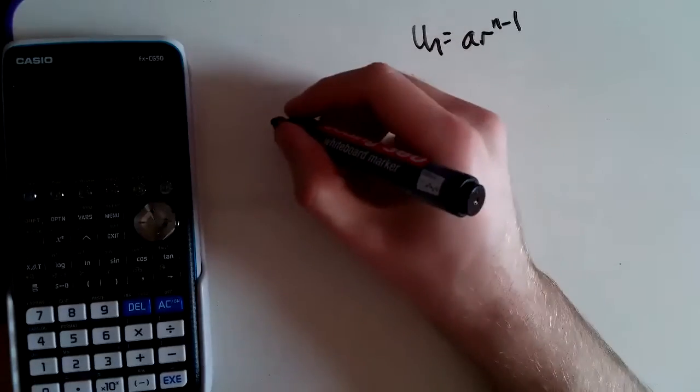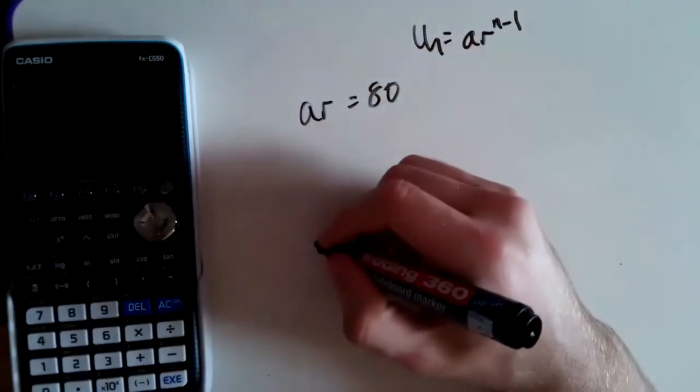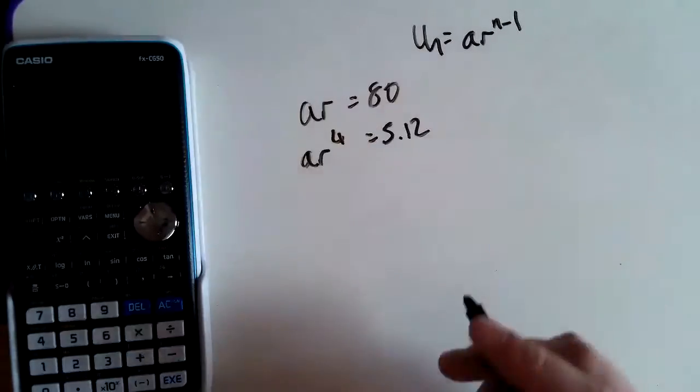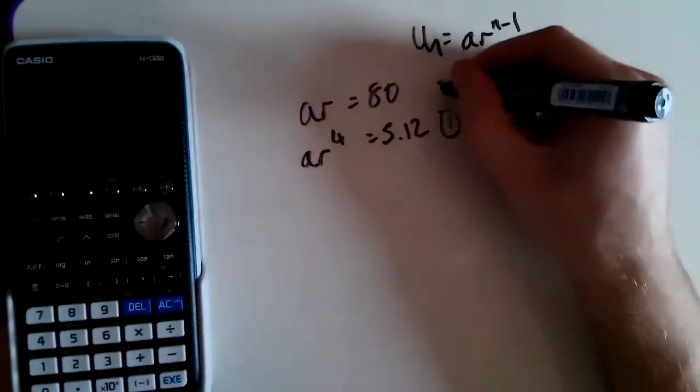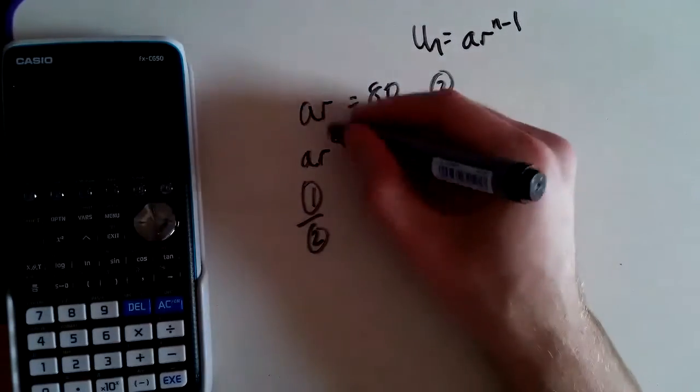Fourth one, geometric sequence, so we need the formula u_n is ar^(n minus 1), and we know the second term is 80, so ar is 80. The fifth term, so ar^4, is 5.12. So I'm going to do this one divided by this one. When I divide them, look,